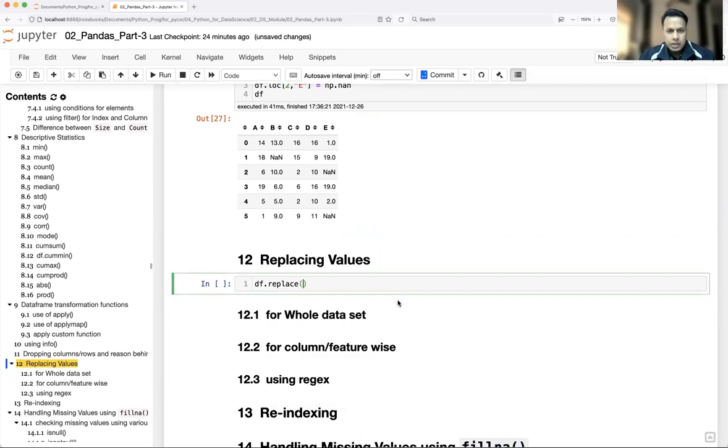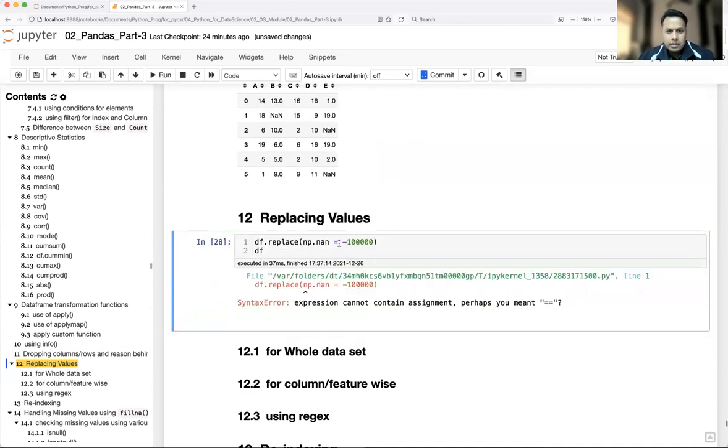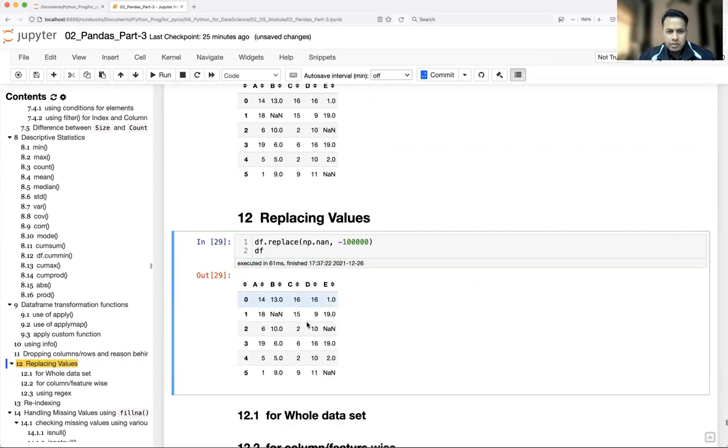I want to replace np.nan with, since it is not a number, some very low negative value, so that the user will get to know this value doesn't make any sense. That is one way to do that.